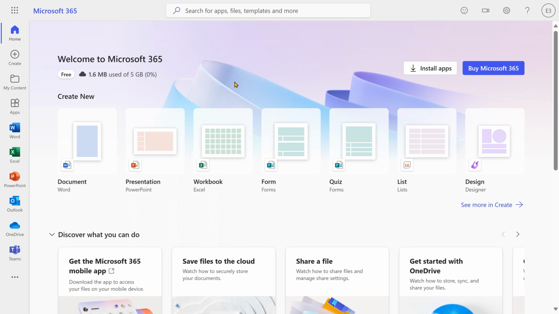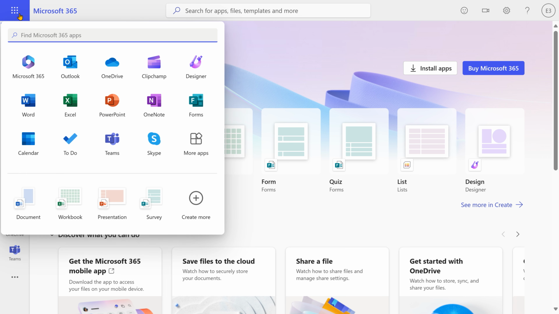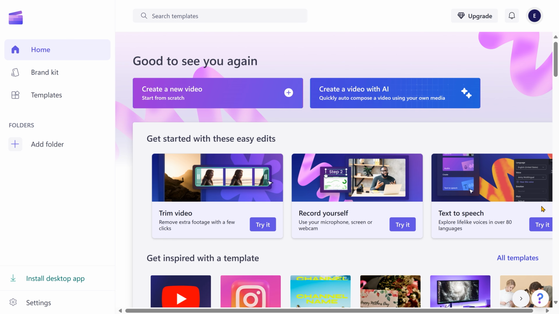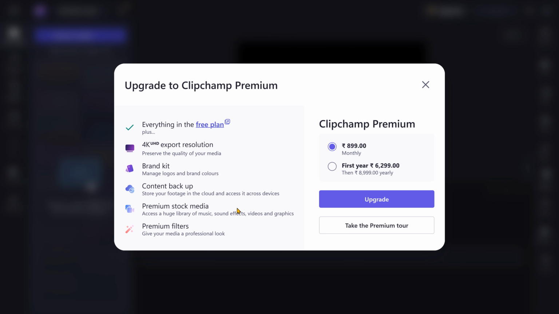So just go to outlook.com, create a free email ID, log in using the personal account, and then you will see Clipchamp. It is completely browser based. We have many other features, we have templates and so on, but let's start from scratch. This is the free version I'm using. Now, if you want, you have upgrade option, but the steps involved remain exactly the same.